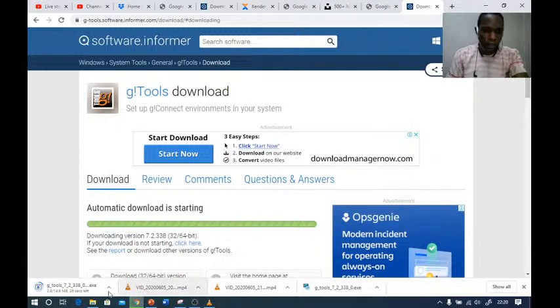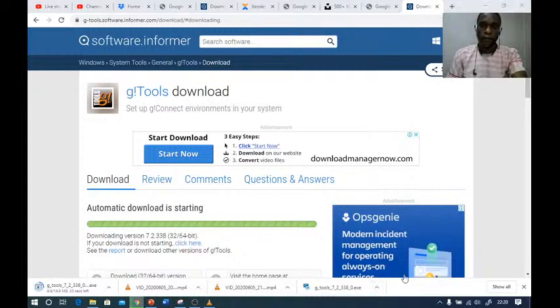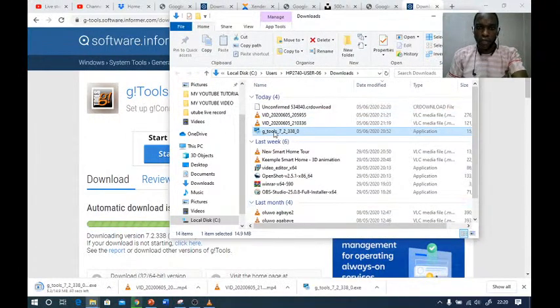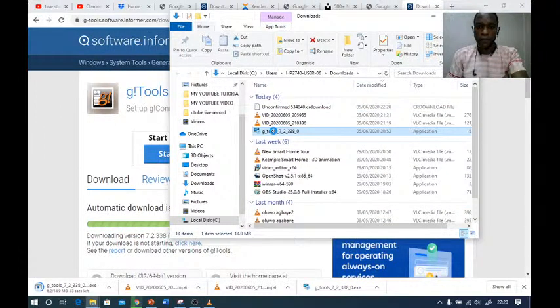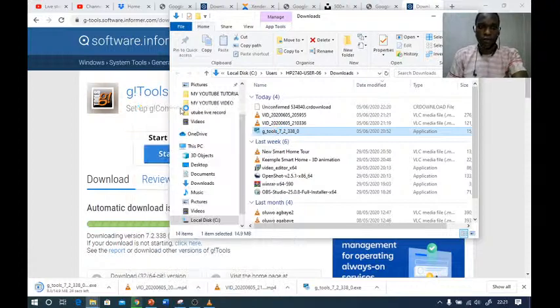Now the moment you finish downloading, you go to your folder where it is, show in folder. You go in there, you will see the app that we downloaded. So right click on it, then run as administrator.